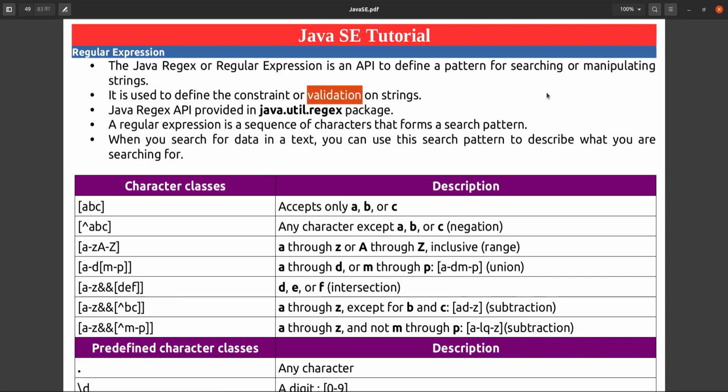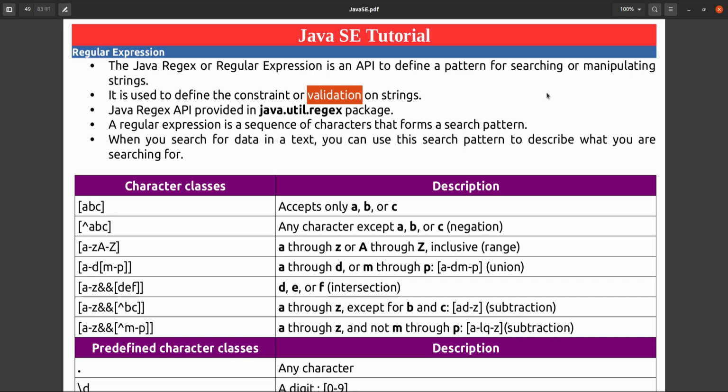Suppose we are typing a username and a password. We have seen this in so many places, in many social media networking sites, when we are logging in. While logging in, if we are typing a password, the condition may be that the password must have a minimum length of 8 or 10 characters.